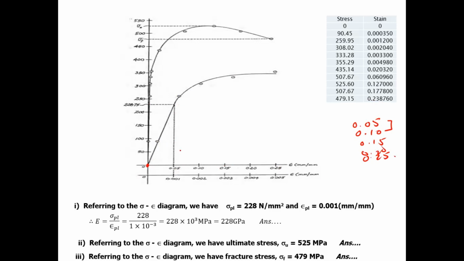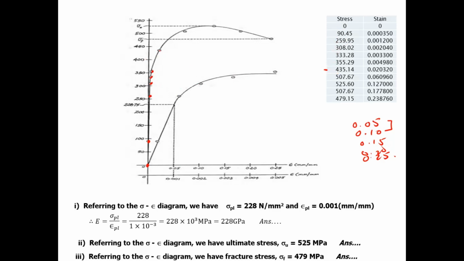Now at point 1, considering this line, the above line, our value is 90.45. So this is our first point. Then our value is 259.45, which is at 0.001. Compared to 0.05, it is very small, so it will be here. Then the third, fourth and fifth points are very near. 1, 2, 3, 4, 5, 6, up to 6. Okay. Then the seventh point,